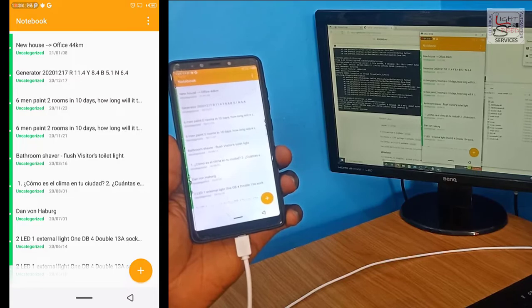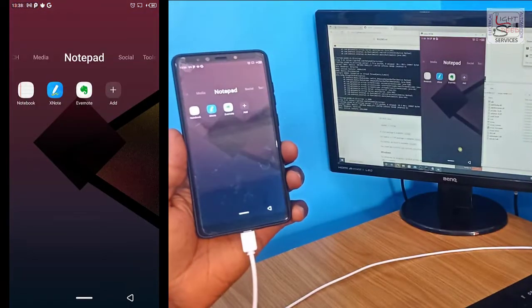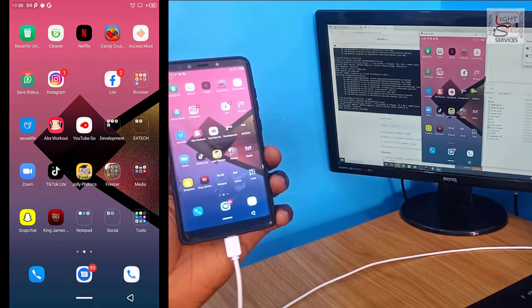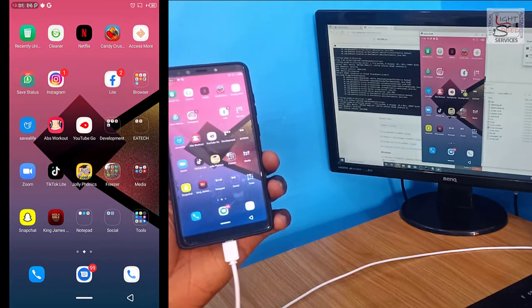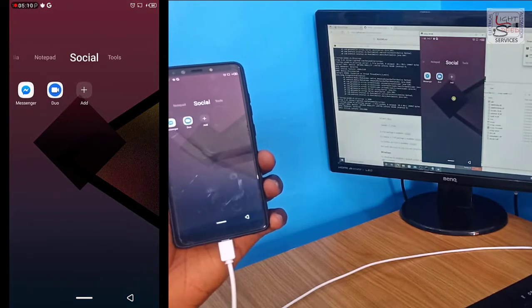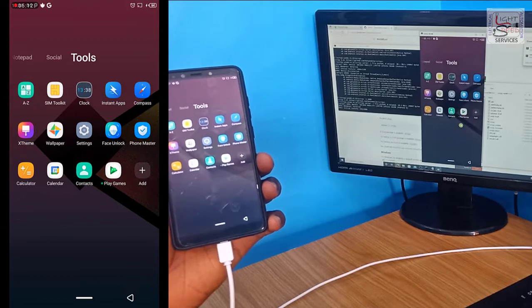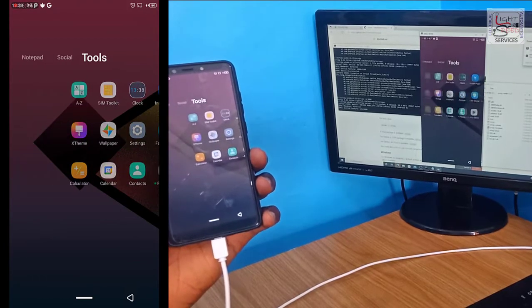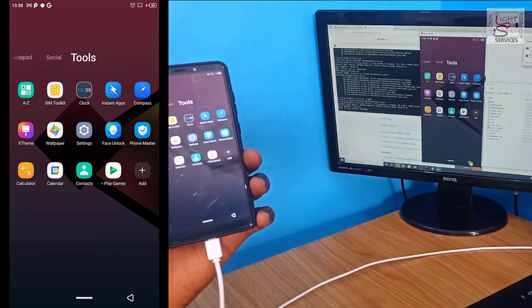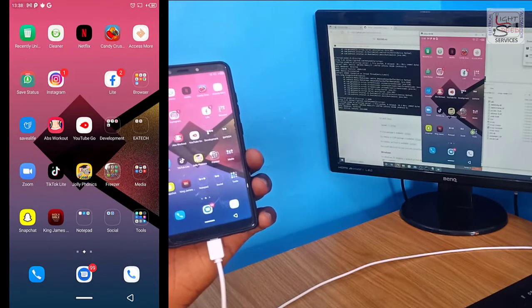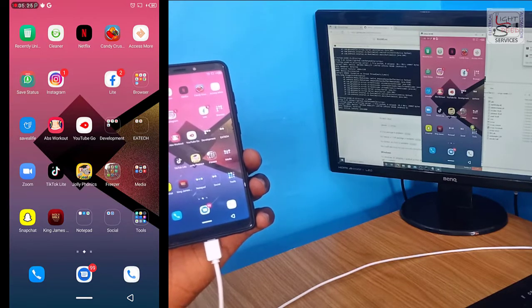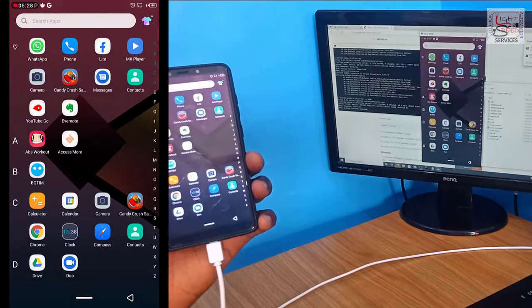Okay, so as you can see, it's not just text that I can input from the computer. I can do whatever I want. So the good thing is that if somebody is using this method to hack your phone, if you're holding your phone, you can see that something is going on, and you can always stop it. At the end of the video, I'll show you how to stop it.